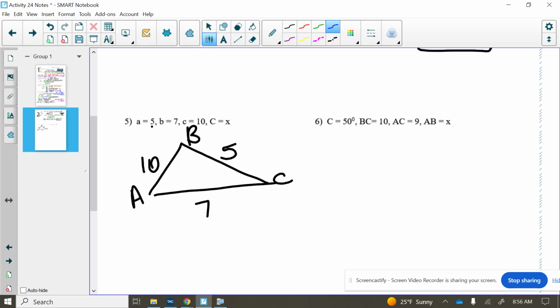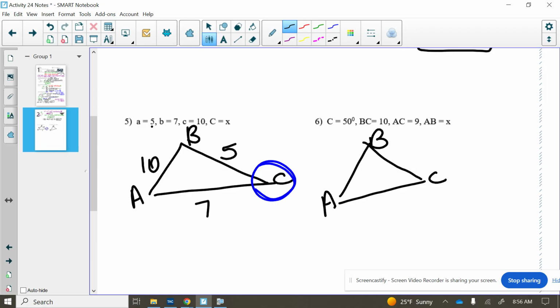They want you to find angle C. And then in our next picture, another way they might give us these things, again, triangle ABC. Angle C is 50 degrees. Side BC, they're telling us, is 10. And then side AC over here is 9. They want you to find